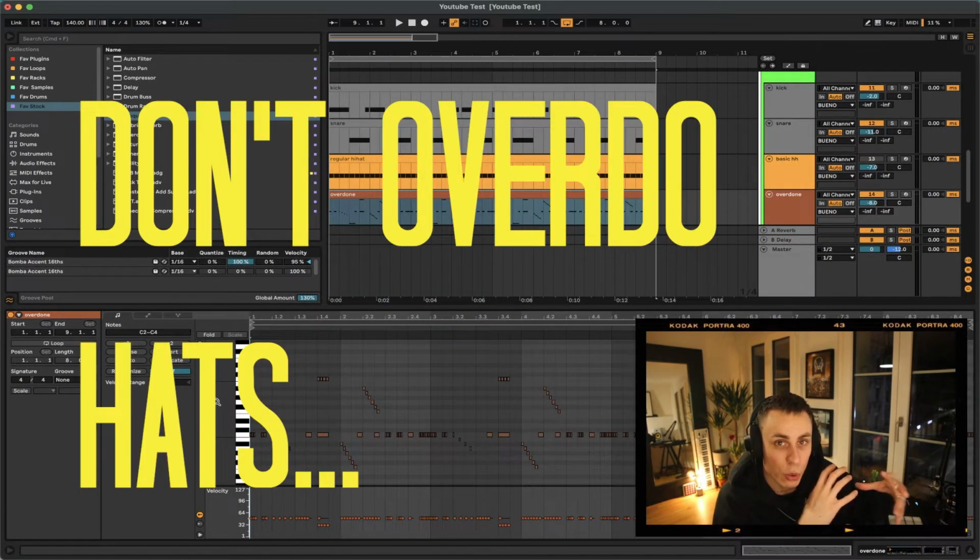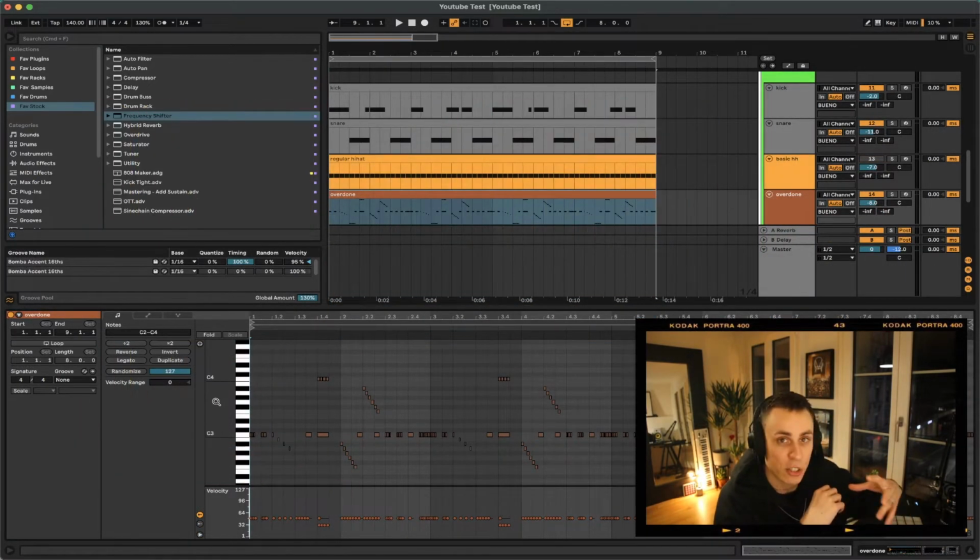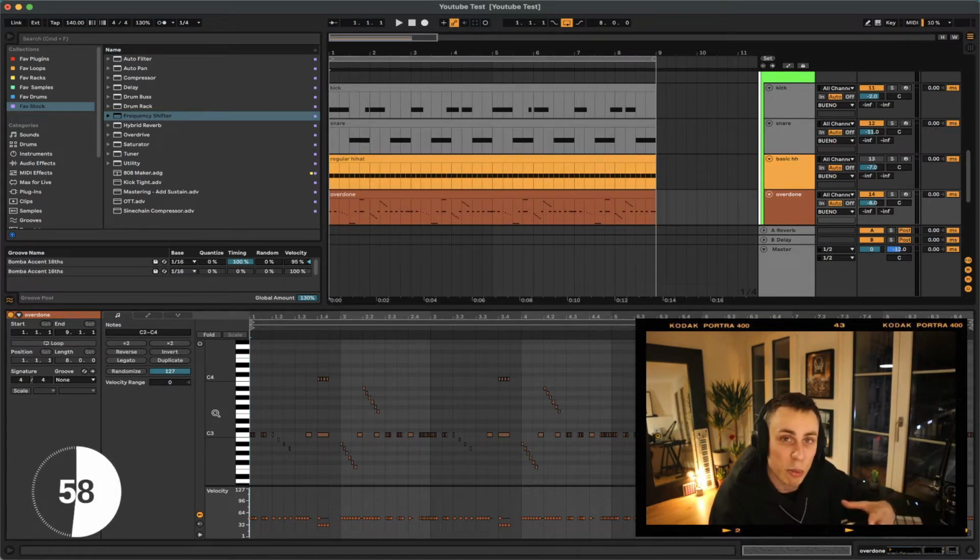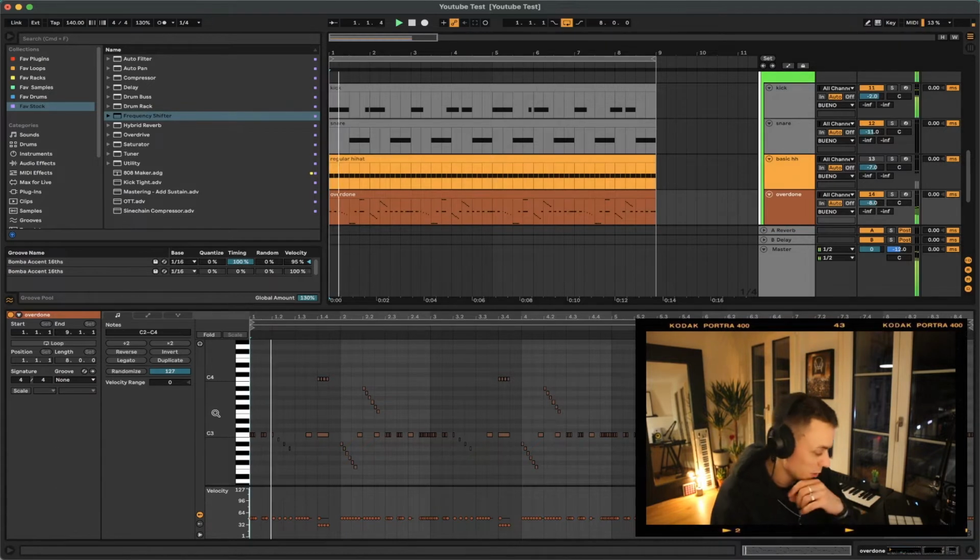Guys, try not to overdo your hi-hat patterns, especially when it comes to working with an artist. Try to keep it simple, sometimes less is more. Just because you know how to do something, slides, rolls and all sorts of stuff, doesn't mean that it has to be there. You have to think in terms of what you need, not what you can do, okay? Here is an example of an overdone hi-hat pattern in my opinion. Sounds like this.